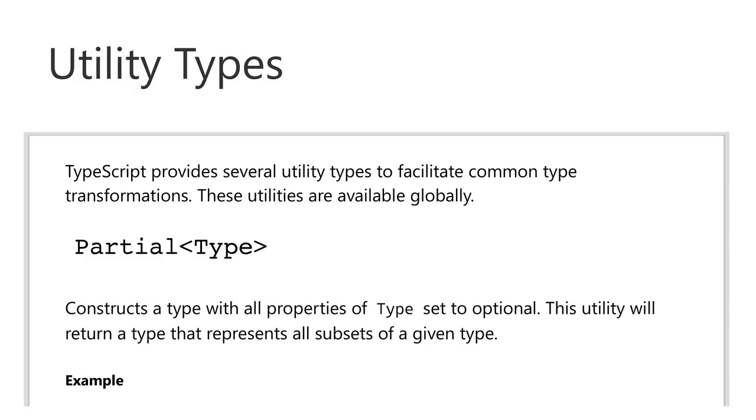Utility types. TypeScript provides several utility types to facilitate common type transformations. These utilities are available globally. Partial<Type> constructs a type with all properties of Type set to optional. This utility will return a type that represents all subsets of a given type. Example: